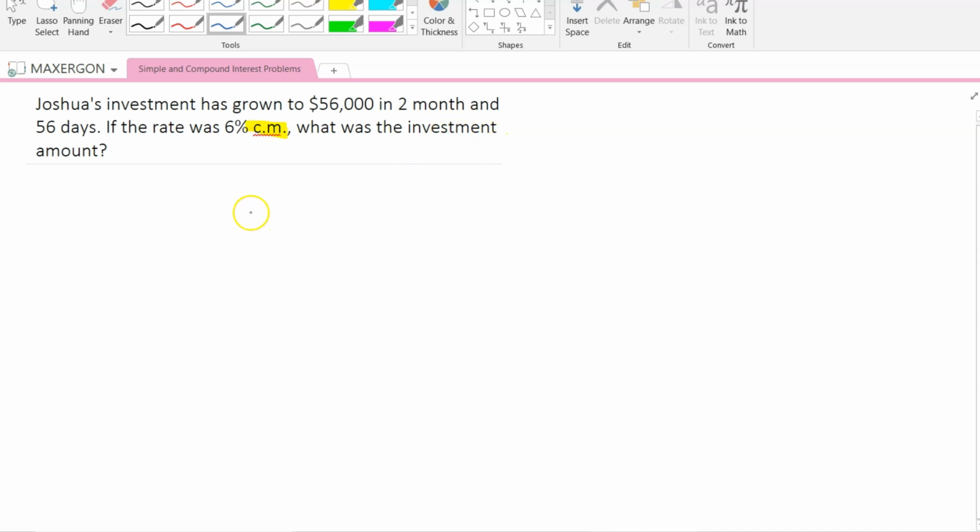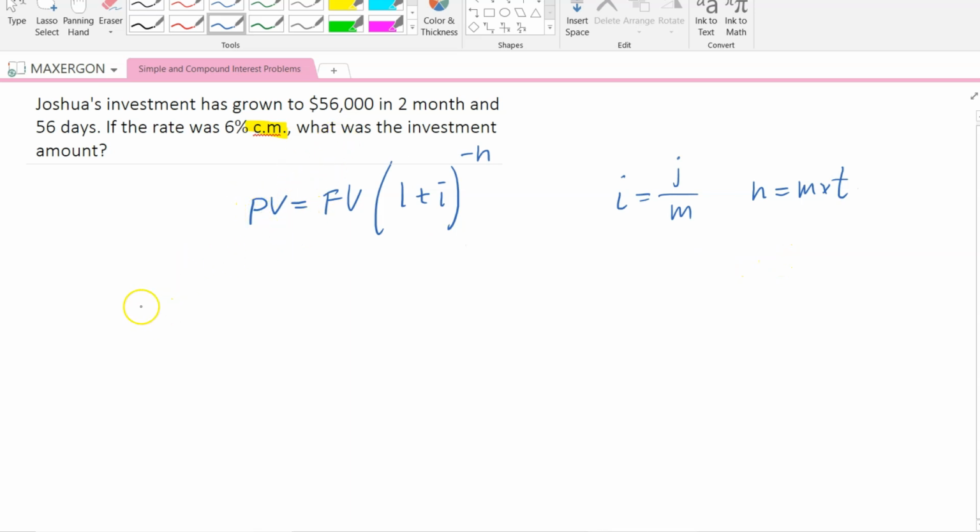In other words, we don't know the present value. I'll quickly remind that the formula for present value under compound rates is future value times 1 plus i exponent minus n. So here i is the periodic rate. It's the nominal rate divided by the number of periods per year, and n is the number of periods per year times number of years. So let's substitute amounts into this formula. So present value is